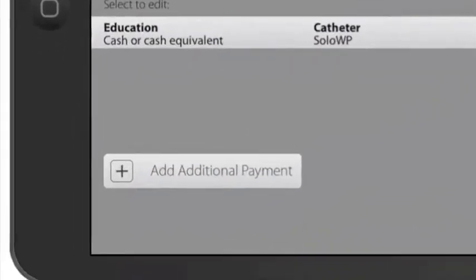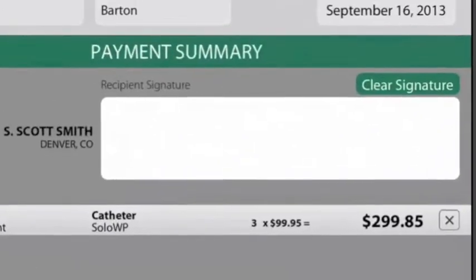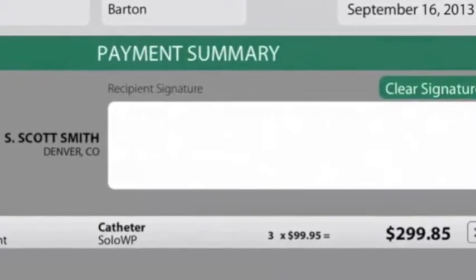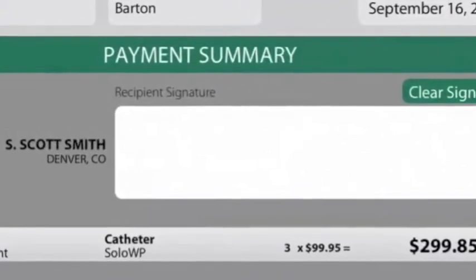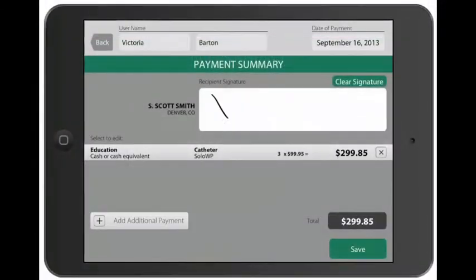Here you can add another payment or edit and review what you've already entered. Up here you'll see the physician's signature capture field. Although this field is optional, it's extremely important. It states that the physician is acknowledging that a payment or transfer of value is taking place under his or her record. This helps greatly reduce mistakes as well as protect the physician's public record and the company if a